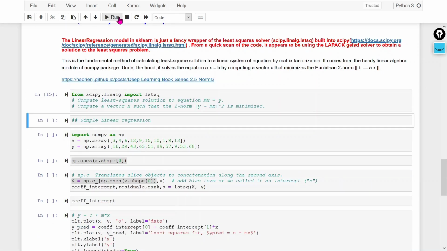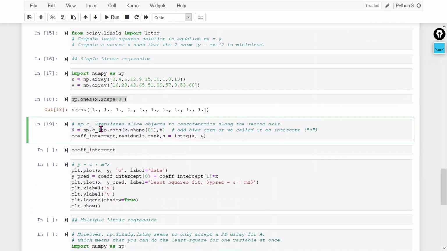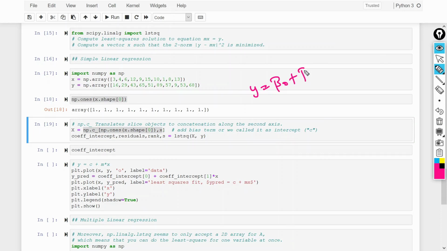I am just importing this. Then this is the same data set I am going to use. If you know the equation we use in the linear regression, this is your bias, which we also call the intercept. In this particular library, we don't have this beta naught as we have in the stats library. Same thing, we also don't have this particular bias, so we have to add it. So I am adding this bias by adding a constant value of 1.